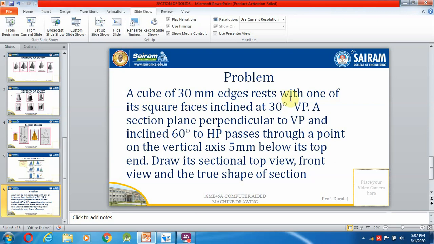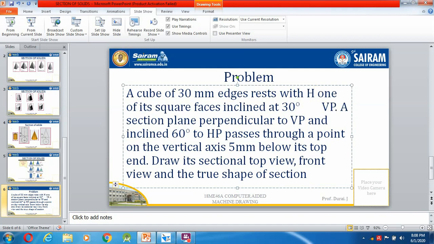A cube of 30 mm edges rests with one of its square faces inclined at 30 degrees to VP, a section plane perpendicular to VP and inclined 60 degrees to HP, passes through a point on the vertical axis.